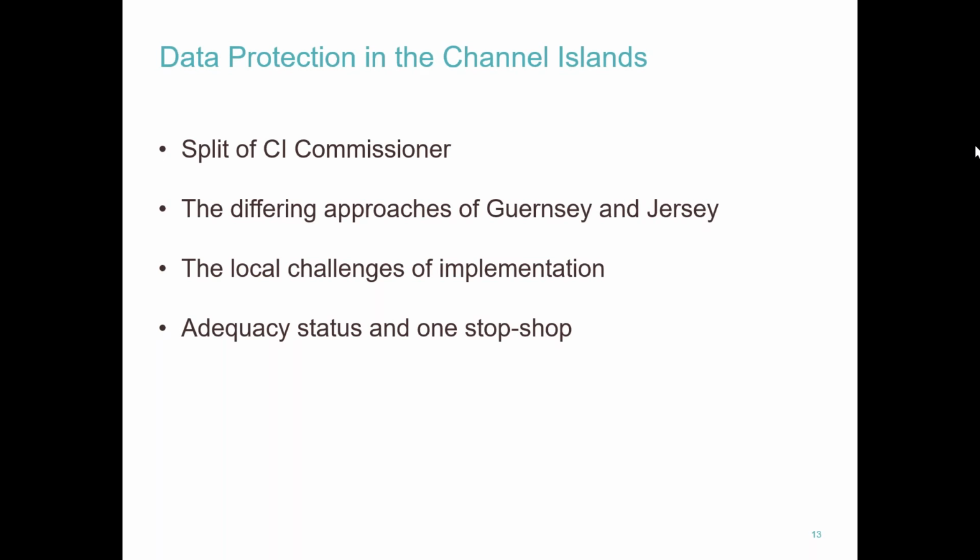Now, the one thing I just thought I'd finish off on in this overview section, before I get into the detail, is the issue of adequacy status. I think, as Robert's already alluded to, with Brexit coming for all of you, and you'll be outside of the EU just like we are very soon, the Crown dependencies are going to serve probably as a little bit of a guinea pig for the UK, because there's very much going to be a watch and wait approach to see how we get on with issues of adequacy. And we're already coming up against some challenges in terms of trying to implement these things.